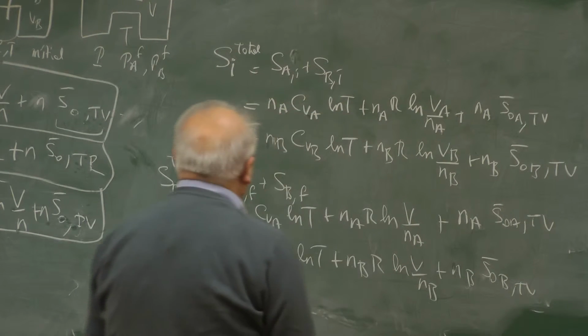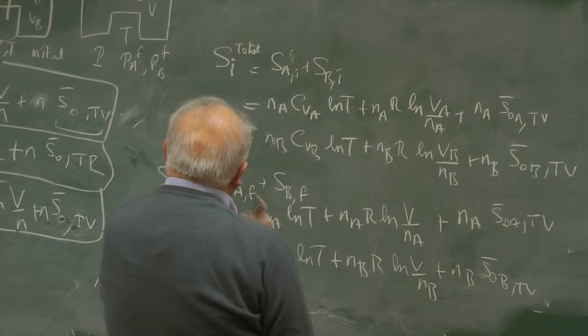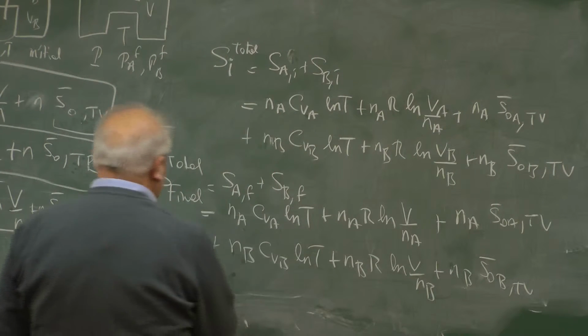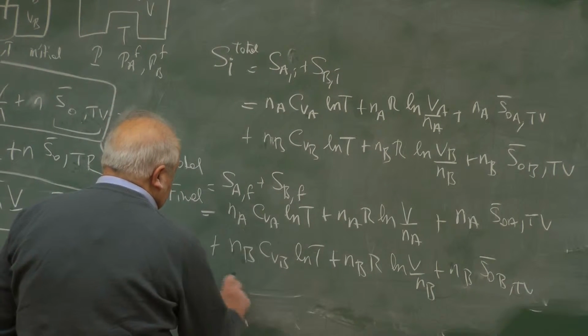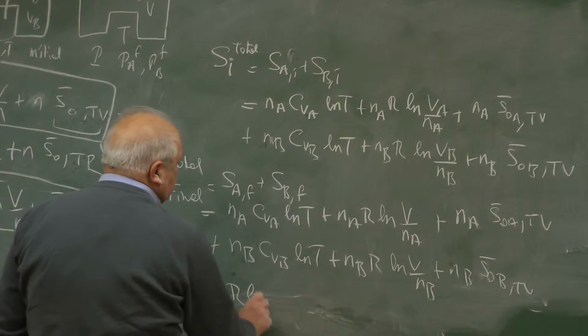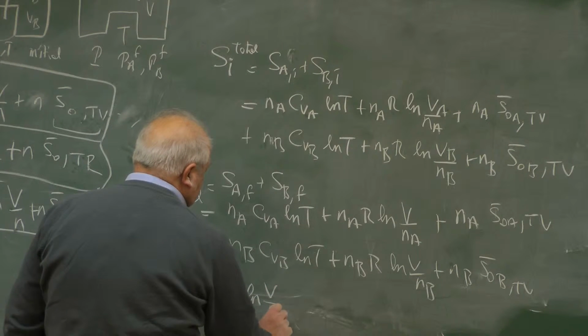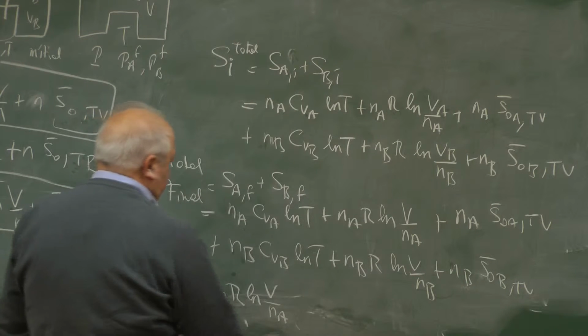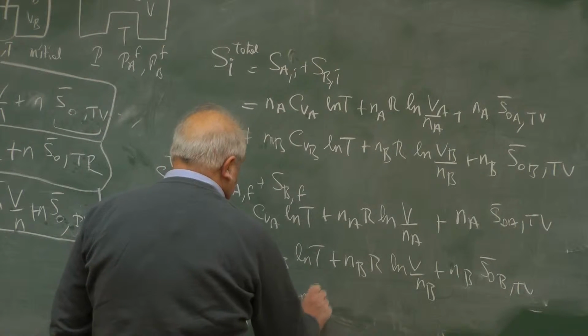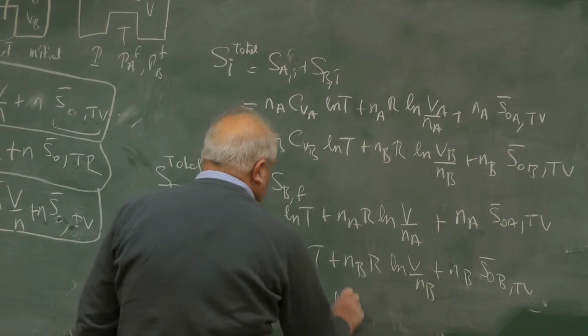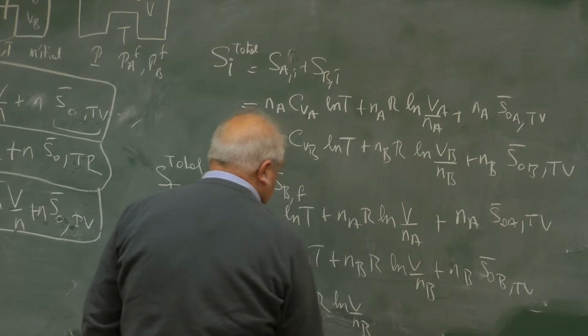What remains is that NA R log V over NA plus NB R log V over NB